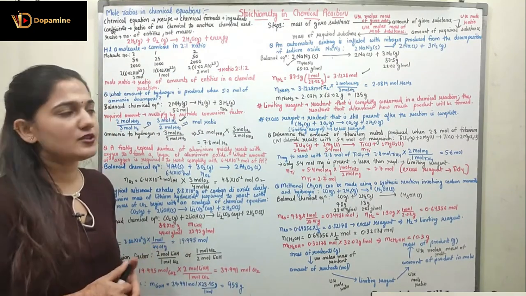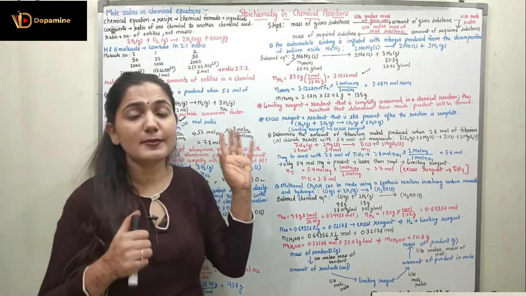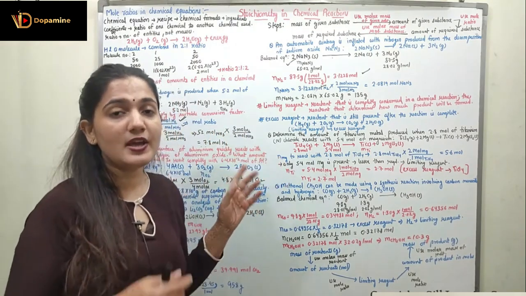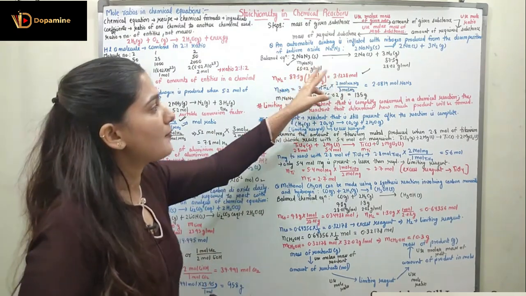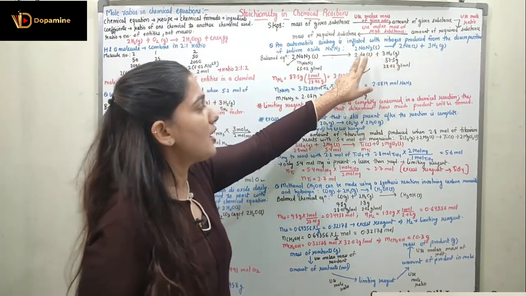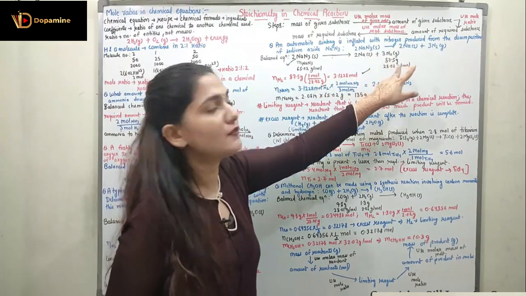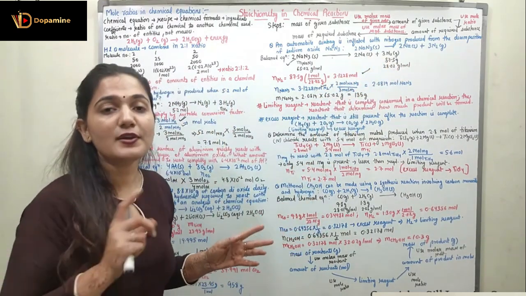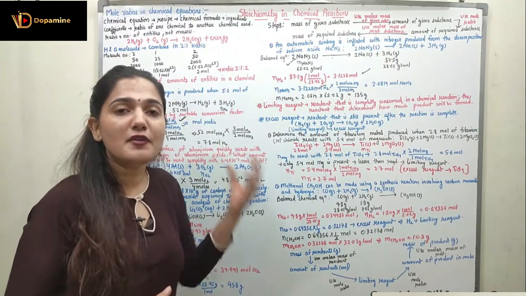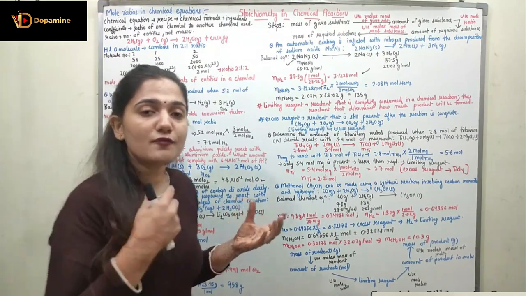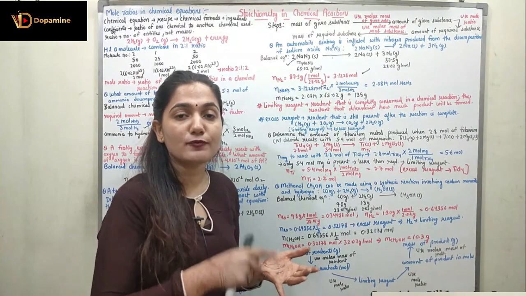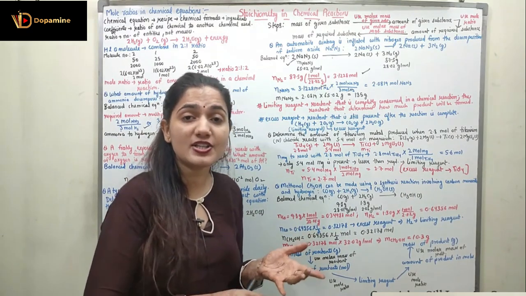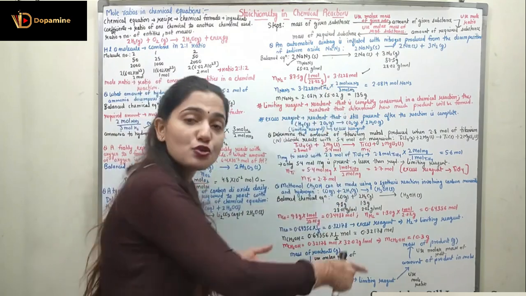Now coming to the next concept, which is the limiting reagent. Limiting reagent is a very important concept. Here I was given only one mass. Now if the mass of sodium and the mass of nitrogen both are given, one of them can be in excess amount and one of them in limiting amount. So when one is in excess and one is limited, we have to choose the limiting reagent, and according to that we have to proceed with the calculations.